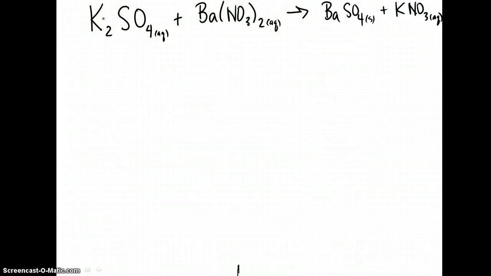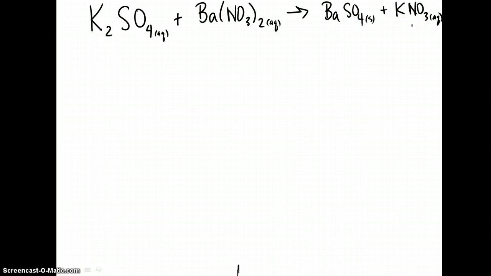So we're going to spend some time working through precipitate reactions. And just to remind you that precipitate reactions are double replacement reactions, and the key is that you have as a product a solid, usually from two aqueous solutions. All right. So this one follows a classic example of a precipitate reaction. You have two aqueous solutions, a formation of a solid or a precipitate occurs, and we're going to work that